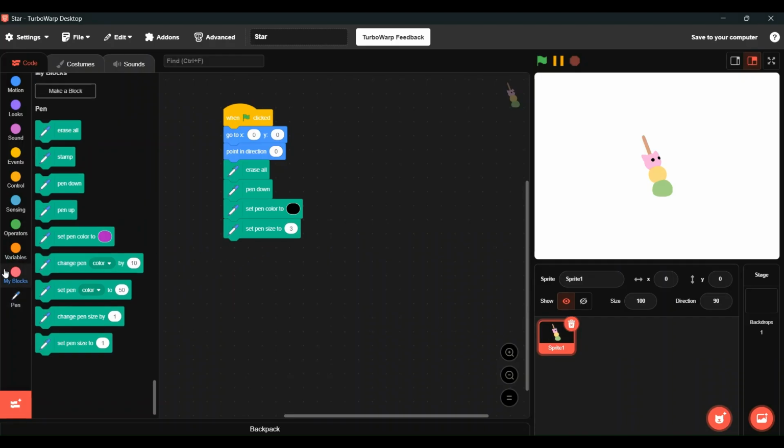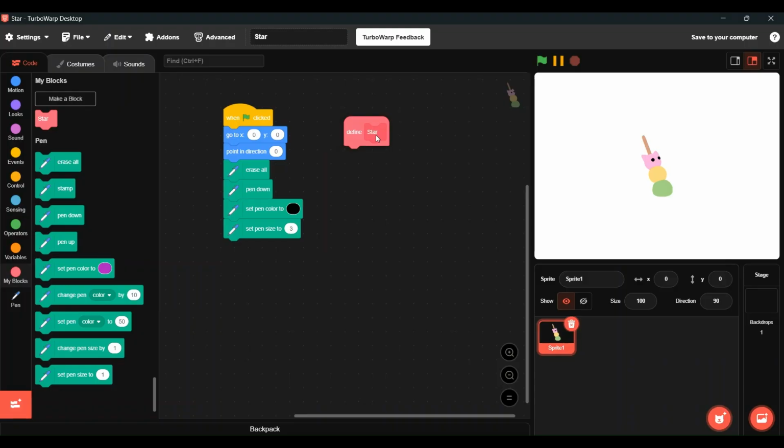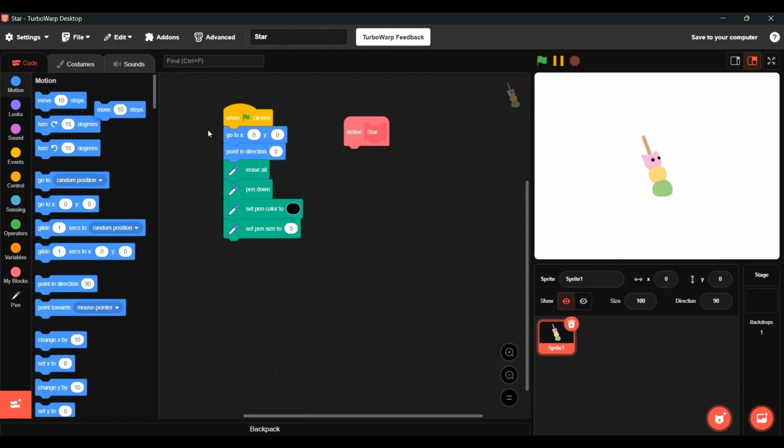And now in My Blocks, make a block called star. Now with star, move one component. Turn right,